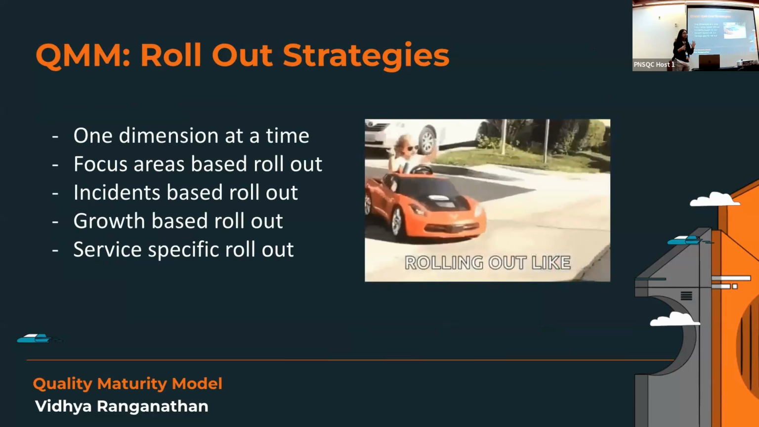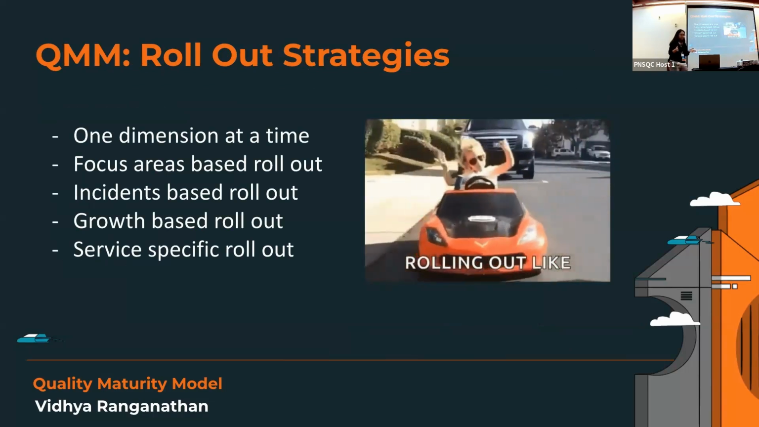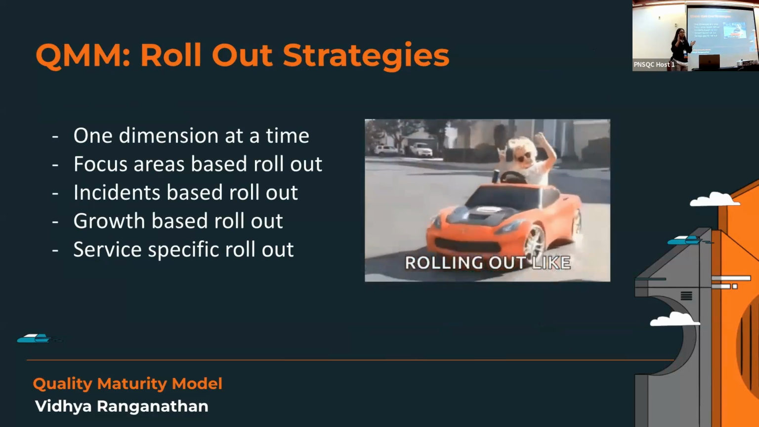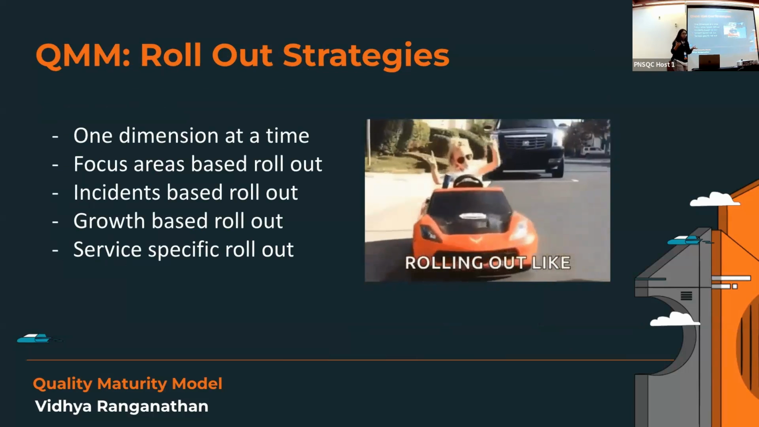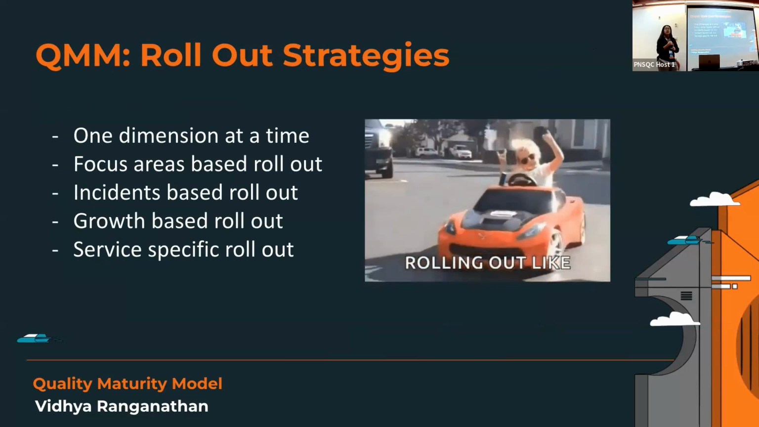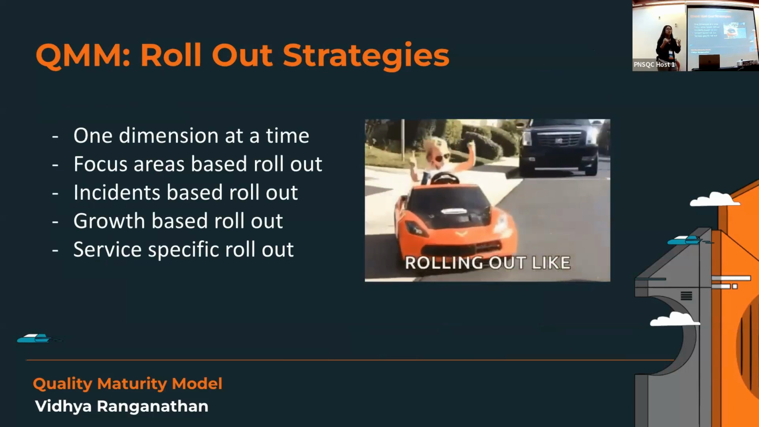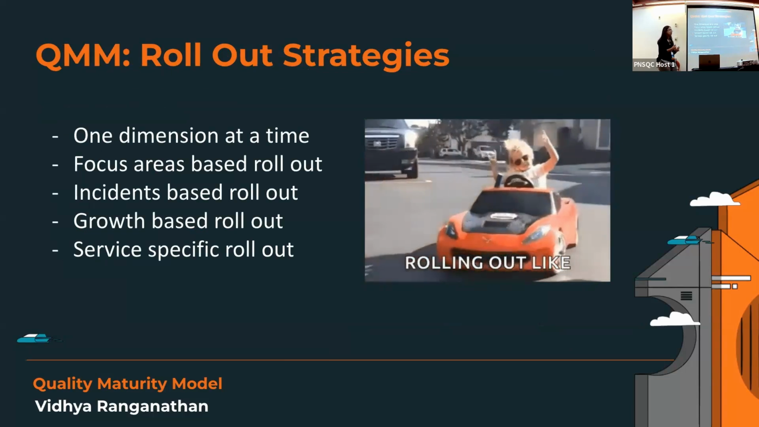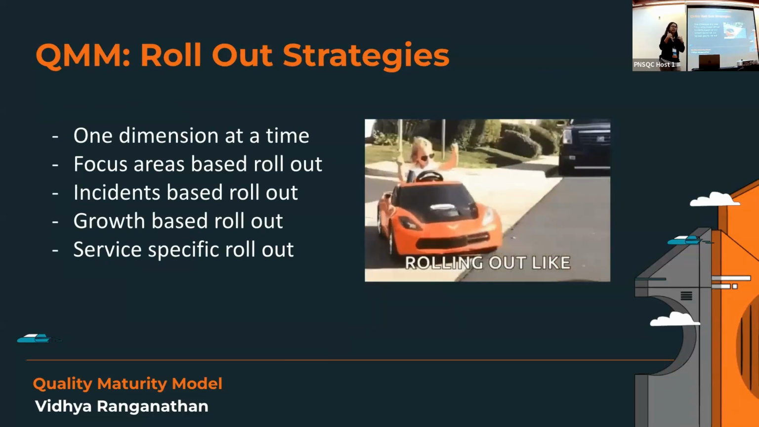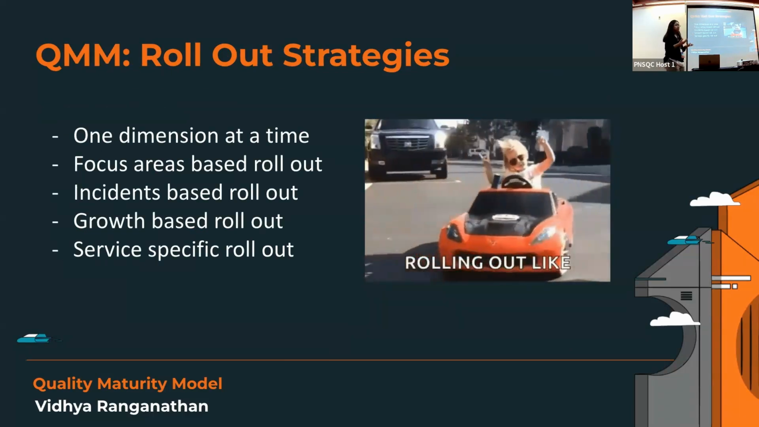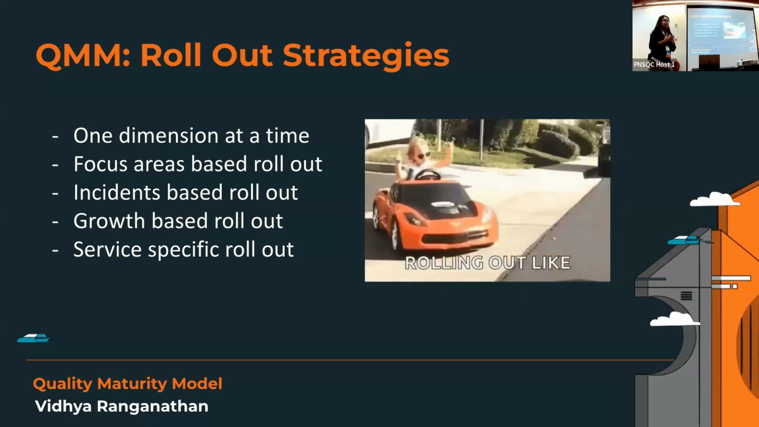And as I said, this was made flexible so it can suit what you want to do. You can either roll out one dimension at a time. You don't necessarily have to do all the 14 dimensions that we have prescribed here. Do one at a time, mature there, and then do the next one. Or focus area-based rollouts. If I care a lot about